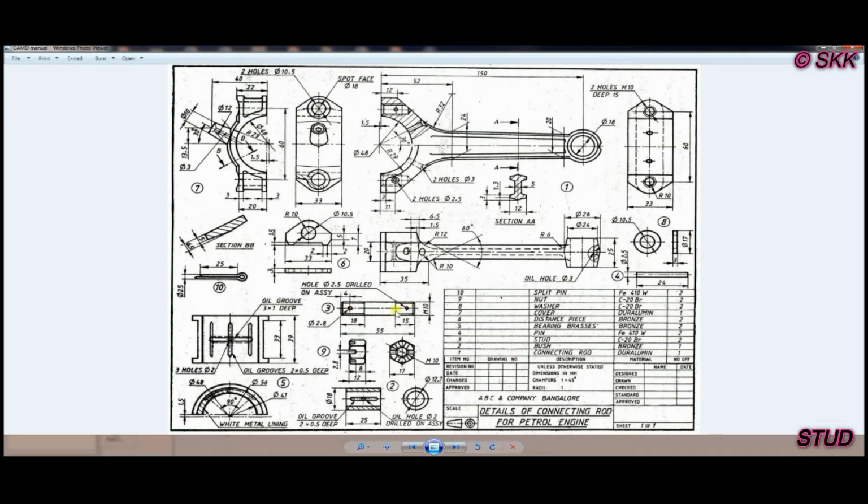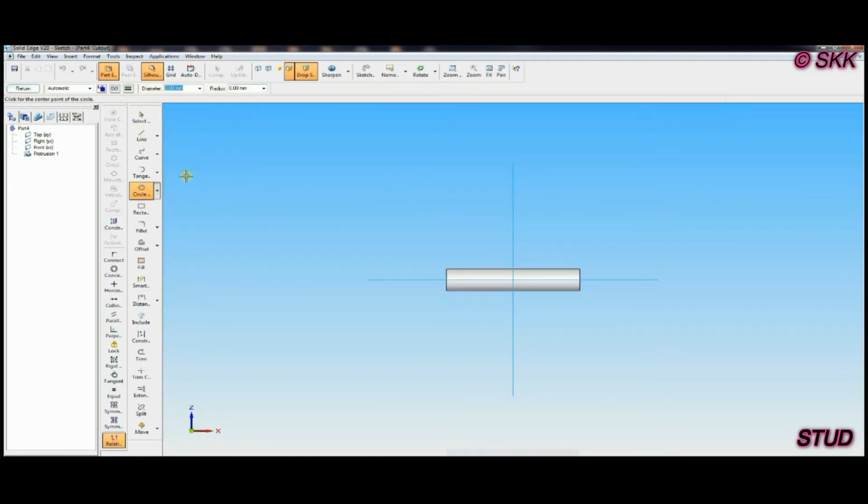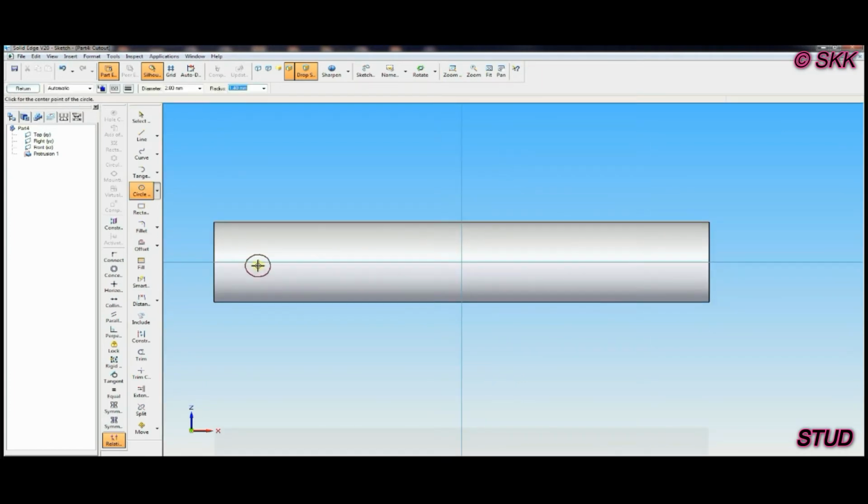Then go to the thread and the two holes. One hole diameter is 2.5, another is 2.8, and the distance between the holes is 4. Go to cutout, select plane, draw a simple circle like this.